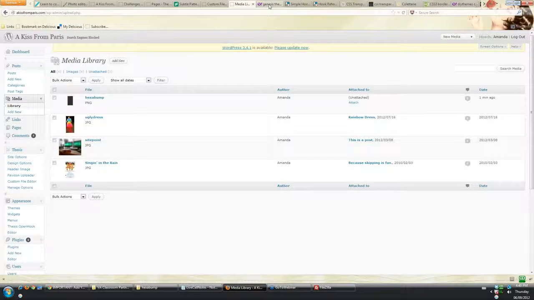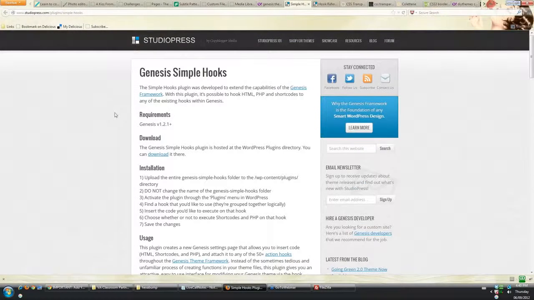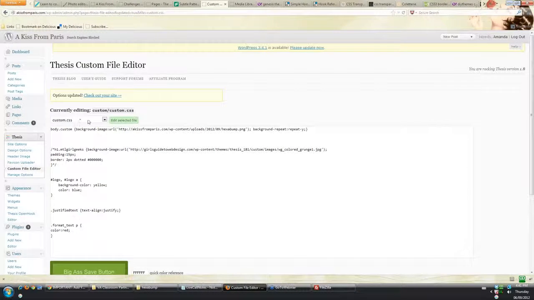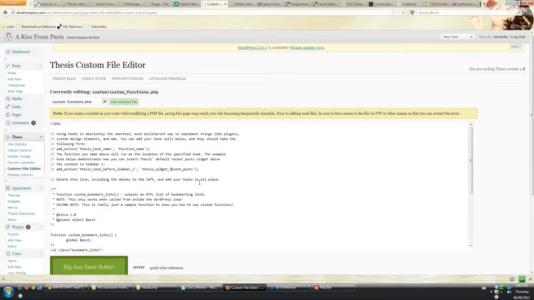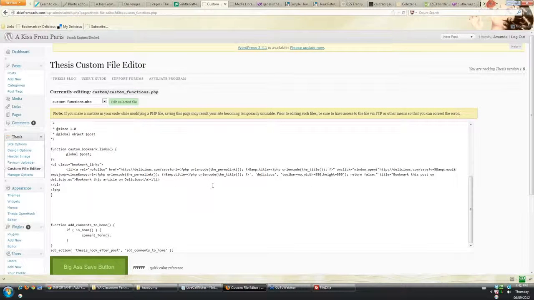Okay. I have actually not worked with Genesis at all. It's another popular theme. It does use hooks similar to Thesis. So there are kind of two ways that you can capitalize on this whole hooks thing, similar to Thesis. So the one way is to actually write the PHP code, and you'd put it in your custom functions.php file, which is accessible here under the custom file editor in Thesis. So if you choose that and then edit selected file, we'll see this is where you would put your PHP